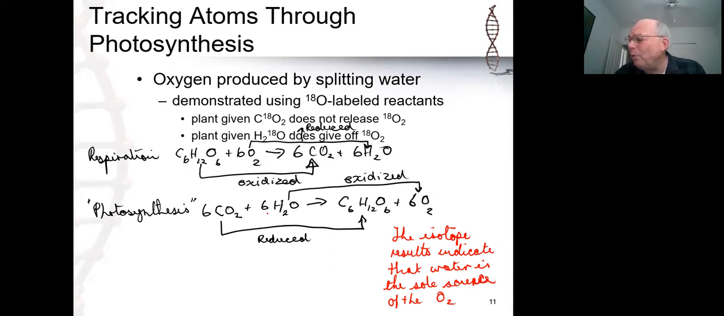And so if the water is the sole source of the oxygen, there's simply not enough water molecules as reactants to give rise to the oxygens that make up the oxygen gas. Now, this had already been hinted at by the work of Van Niel. So remember I said that he was working with the purple sulfur bacteria, with their